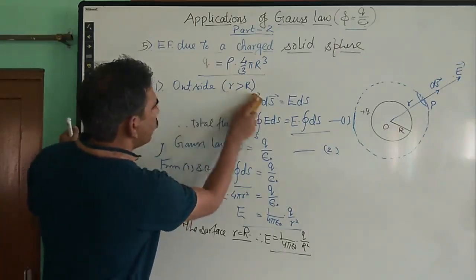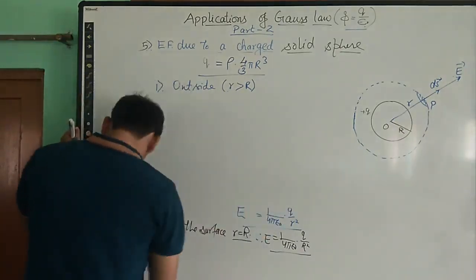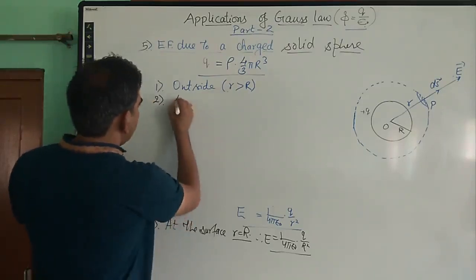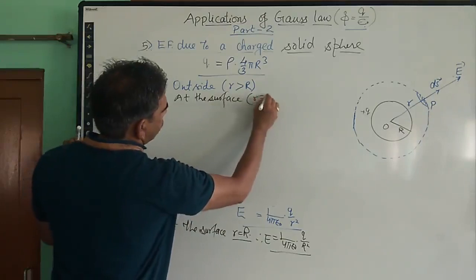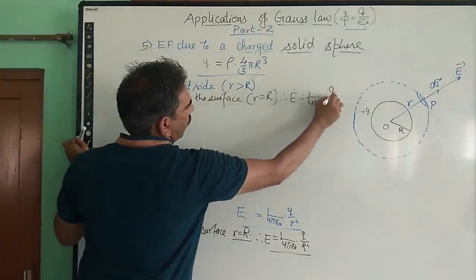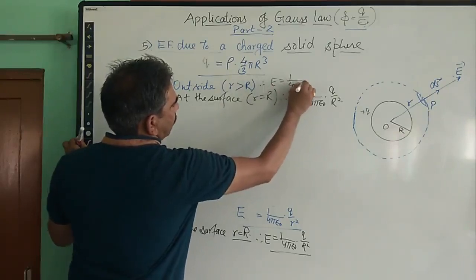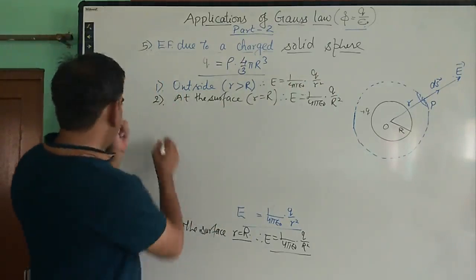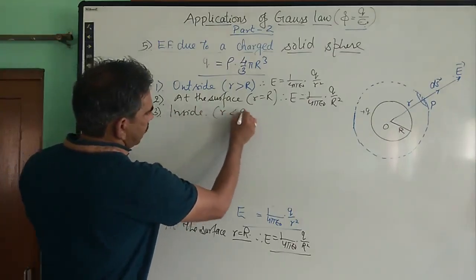So this was the second case. At the surface, r is equal to capital R, so the electric field is equal to 1 upon 4 pi epsilon naught into Q upon capital R square, and here it is E is equal to 1 upon 4 pi epsilon naught into Q upon small r square. Both are enclosing the same charge. And in the third case, whenever we are willing to find the electric field inside, where small r is less than capital R,